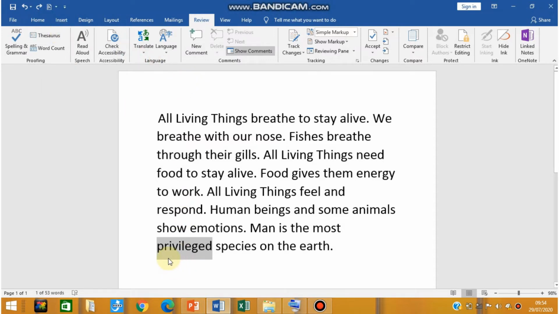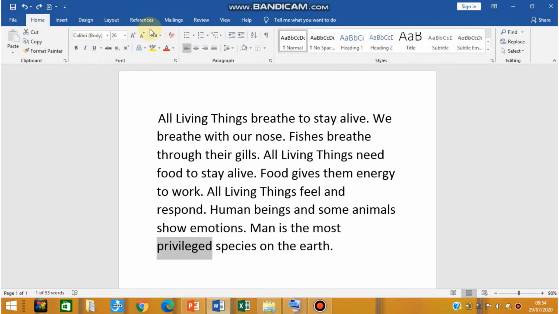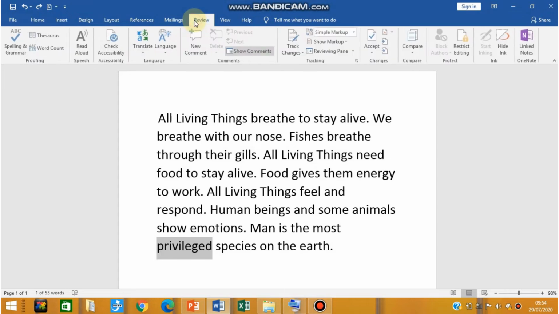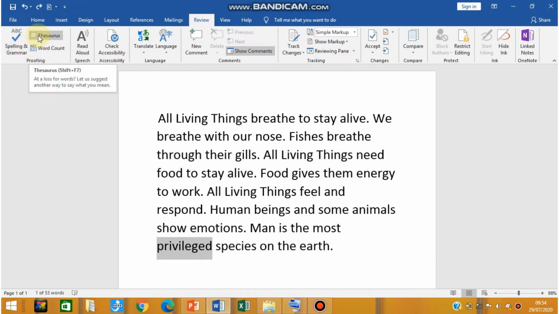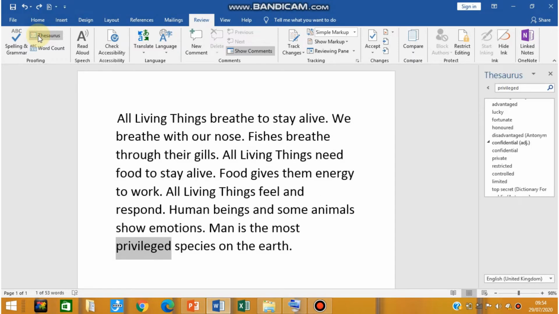Now the first step is you have to select the word. After selecting the word, go to the Review tab. When you open the document, you are in the Home tab. But after selecting the word, you have to move inside the Review tab, click on the Review tab, and inside this Proofing section you will find one option of thesaurus. Click on that thesaurus